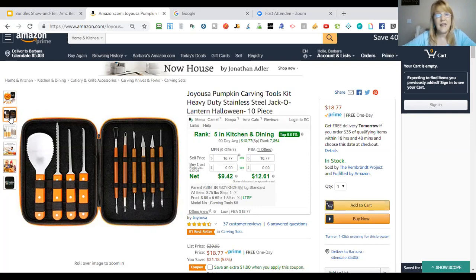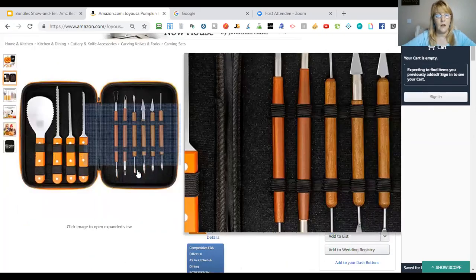If you guys are planning ahead, and you absolutely should be, look right now at the products that are selling as bestsellers in the middle of the season, because next year when you go in the summer and start doing research on your Q4 seasonal bundles, the ranks will be completely different. This will not be a 5 in kitchen and dining, right? So start doing your research for next season now while you can see what's really selling and how well it's